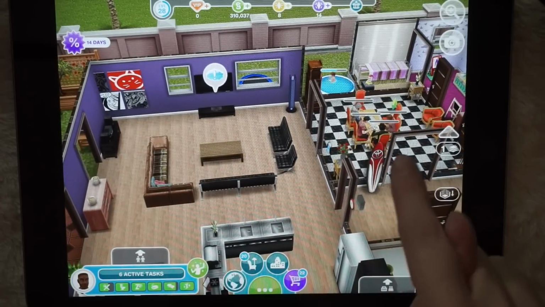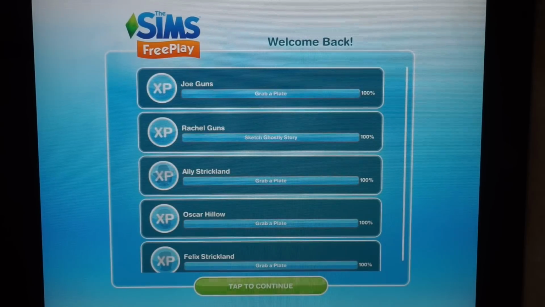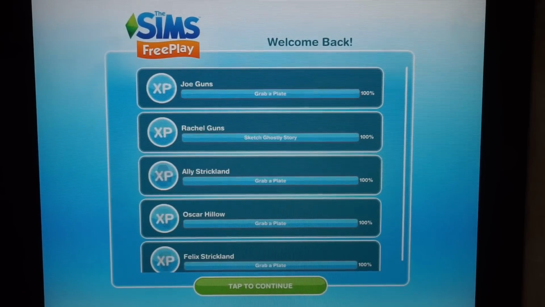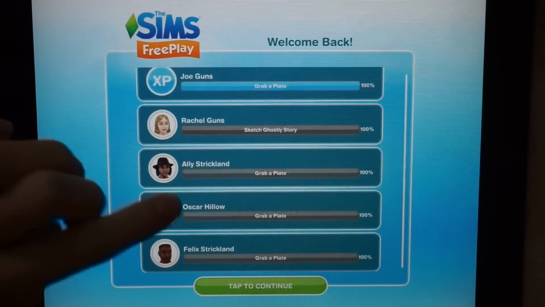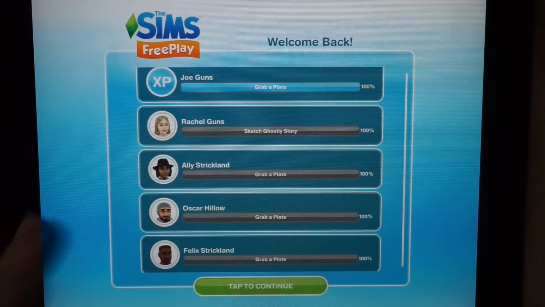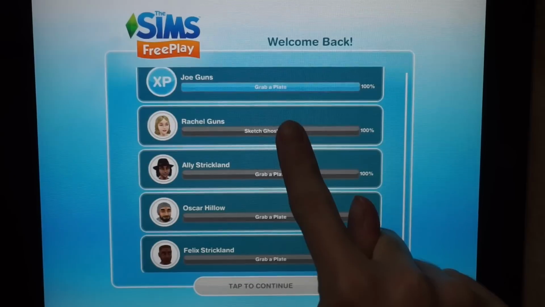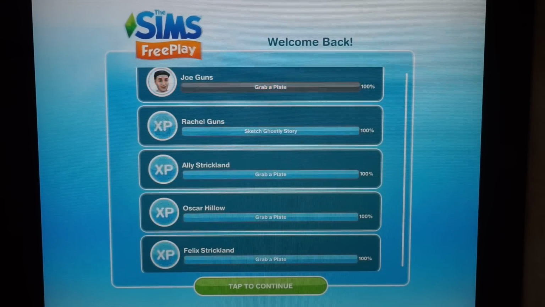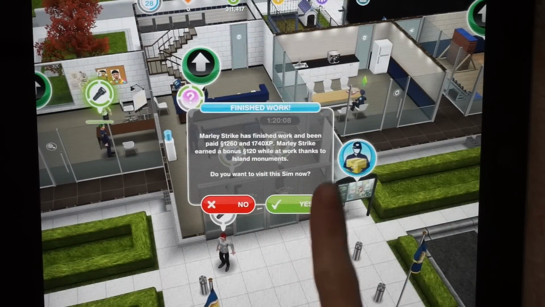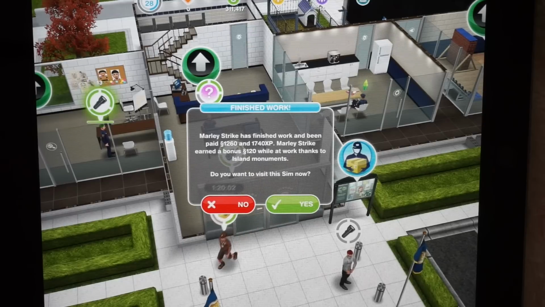So after they eat and someone cleans it up, I will make all of them watch the show. I had to take a break because my camera overheated. So, it's kind of nice though, because then you can see what the screen looks like when you come back to the app and your Sims have completed different things. So this tells me that all of them are finished eating and she is done with her job. So, also, one of the other Sims has completed work, and it tells us Marley Strike has finished work and been paid